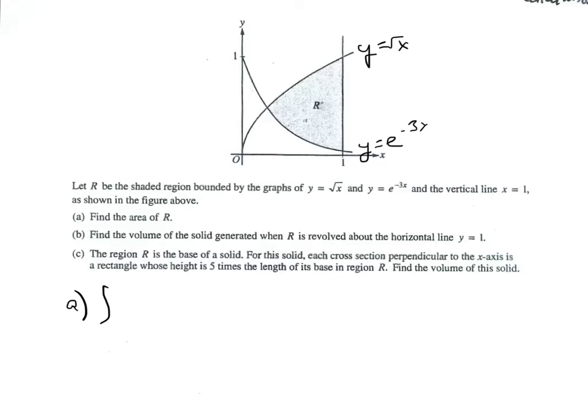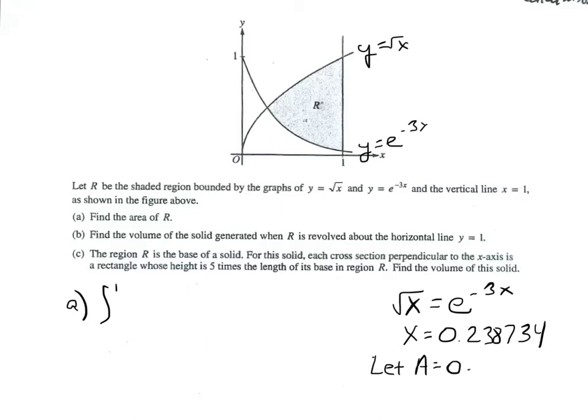So the area would be from the point of intersection here until 1. Now we need that point of intersection. That's going to be where radical x is equal to e to the negative 3x. So you're going to put both functions in your calculator, this in your y1, this in your y2, and you see where they intersect, and that's going to happen when x equals that lovely decimal. And I'm going to call this A so that I don't have to write this out